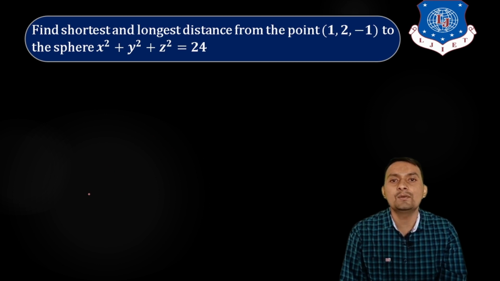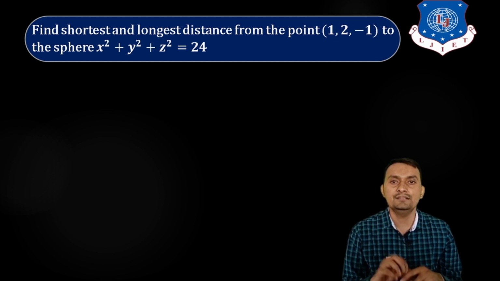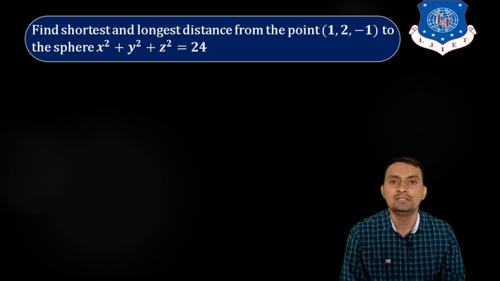Let us consider another question. Find the shortest and longest distance from the point (1, 2, -1) to the sphere. Here we need to find the shortest and longest distance from the point (1, 2, -1) to the sphere. So we have to assume an arbitrary point on the sphere, and after that we will consider the distance from the specified point, (1, 2, -1),